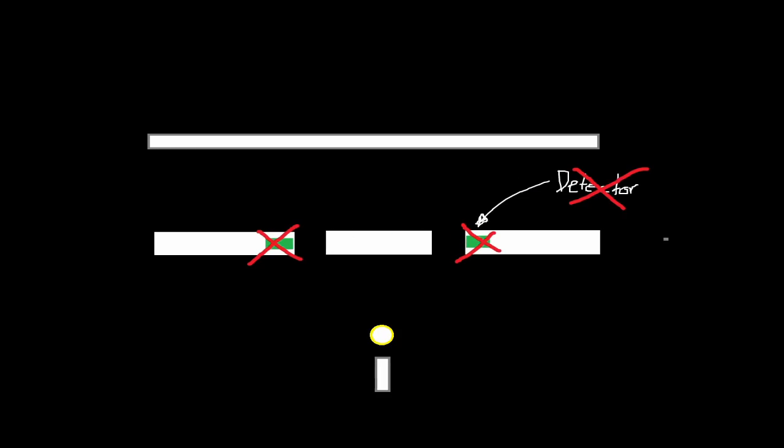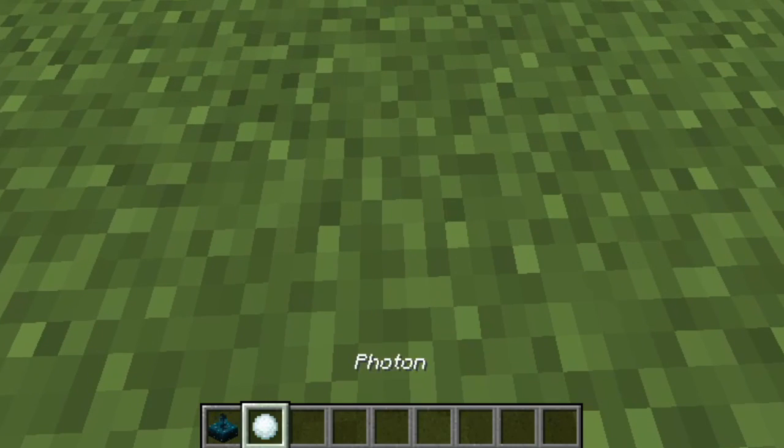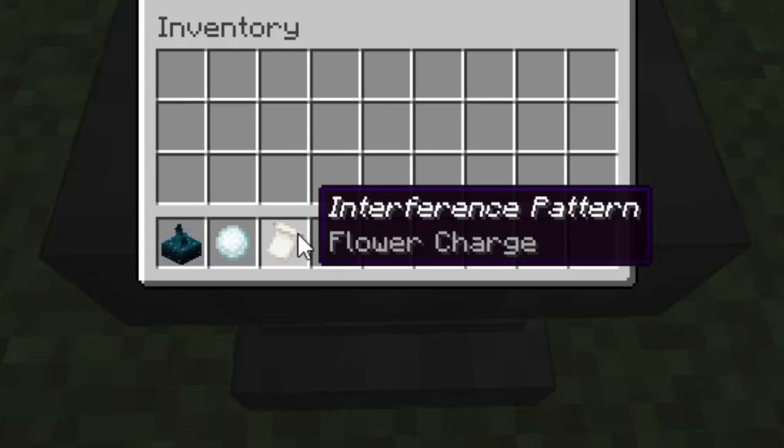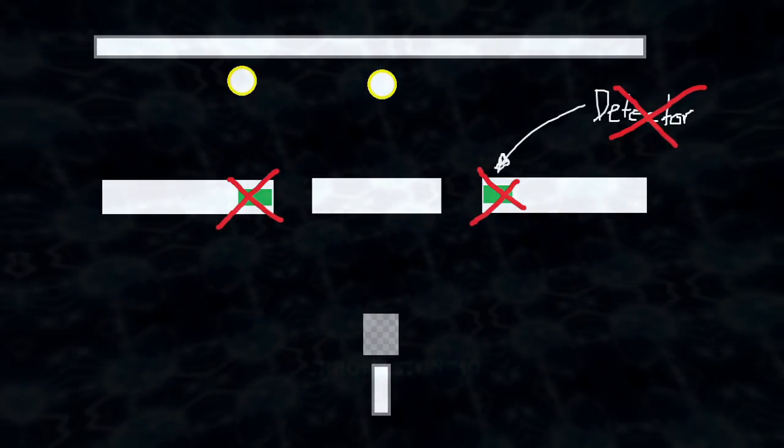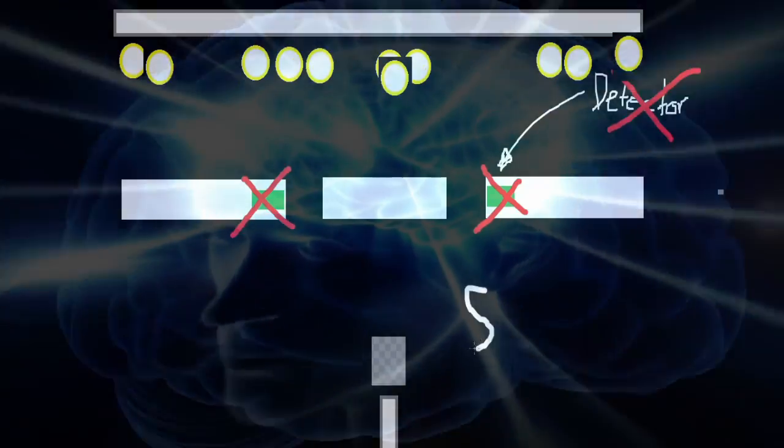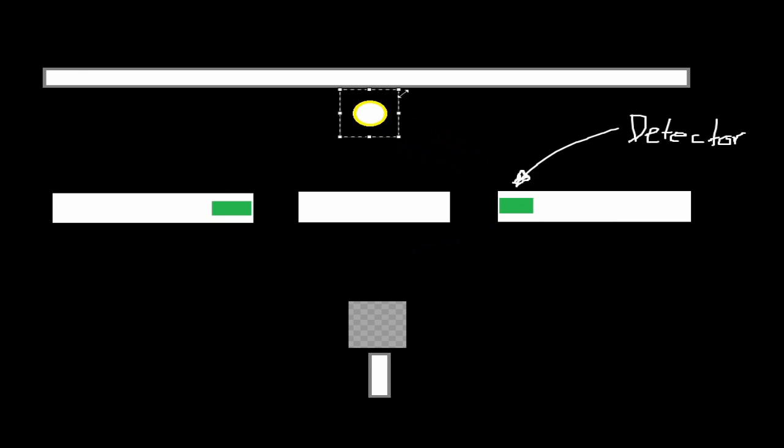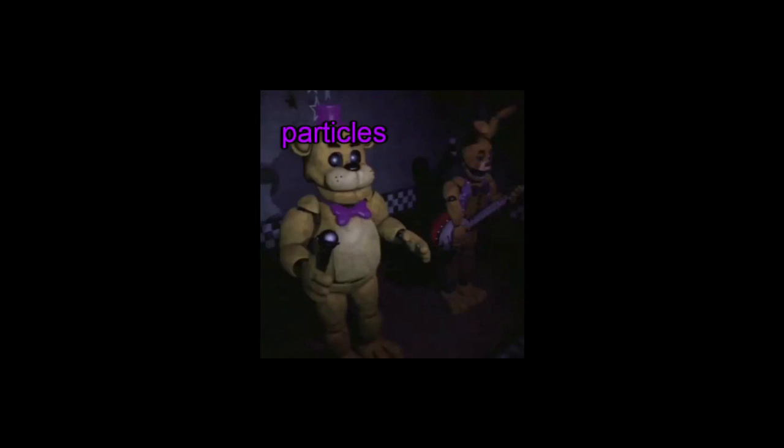So what has happened so far? When we don't observe the photons, they do a little bit of trolling and form what is known as an interference pattern. But when you send them one at a time and don't observe them, they do the same thing, which makes you think that they went through both slits at the same time. But when we detect them going through the slits, these guys are wacky, bro.